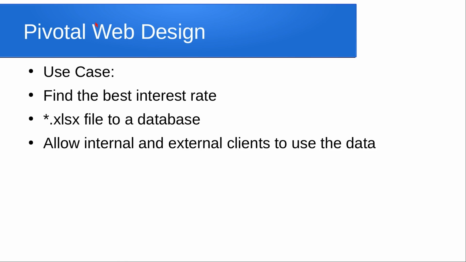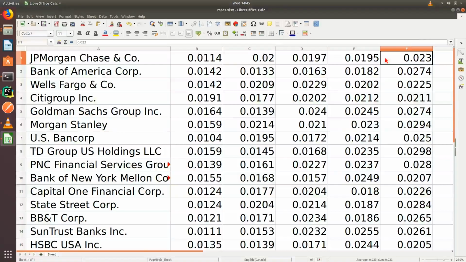Our specific use case is going to be finding the best interest rate. So we're going to extract the data from the Excel file, drop it into the database, and then using React and Flask, we're going to allow internal and external clients to use that data. Basically find the best interest rate for their money, the best return on investment. So let's begin. Okay, now we're going to take a look at the resources to make this app become a